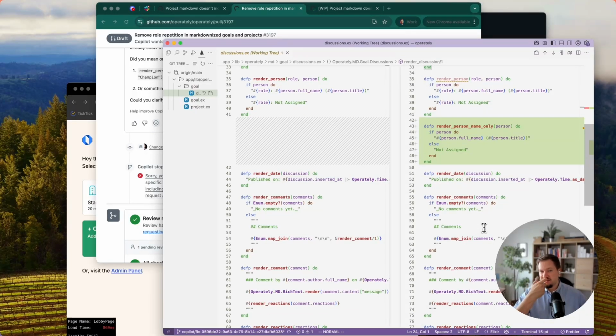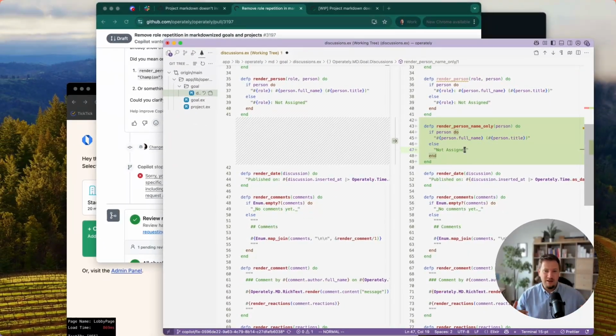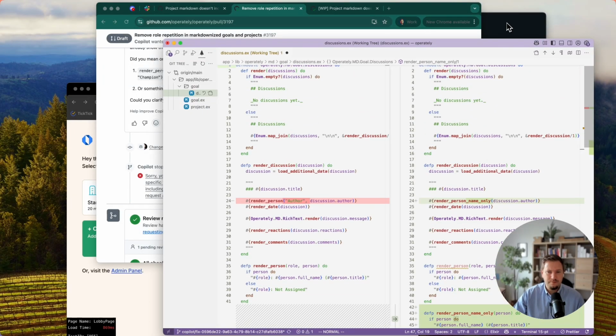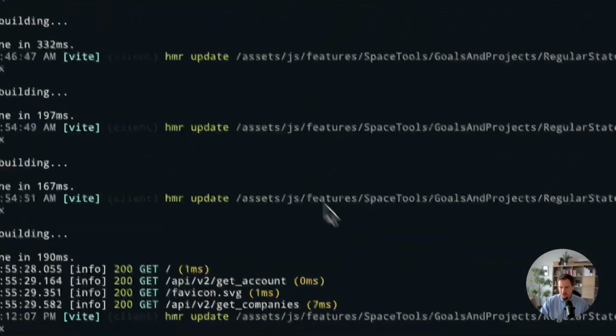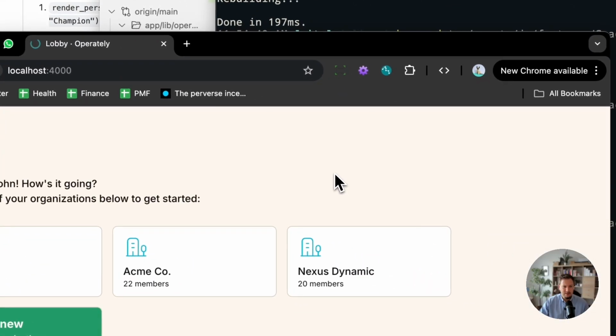So this is my process of reviewing this code, and on this side I can make changes if I want. And on this pull request, it seems that I will not make changes, but on some other pull requests, I definitely will. My next step is to start a local development server, and then open my